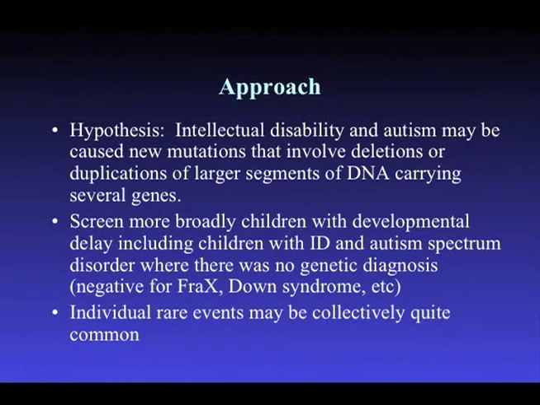But the basic underlying hypothesis in our work was that intellectual disability and autism spectrum disorder may be caused by new mutations that are very young. That is to say, either they're not in the parents or may have emerged in maybe the last generation or two. Big gains or losses of DNA that have occurred fairly recently that are found in children with developmental delay and autism, but not in normal individuals. So it's a fairly simple model.